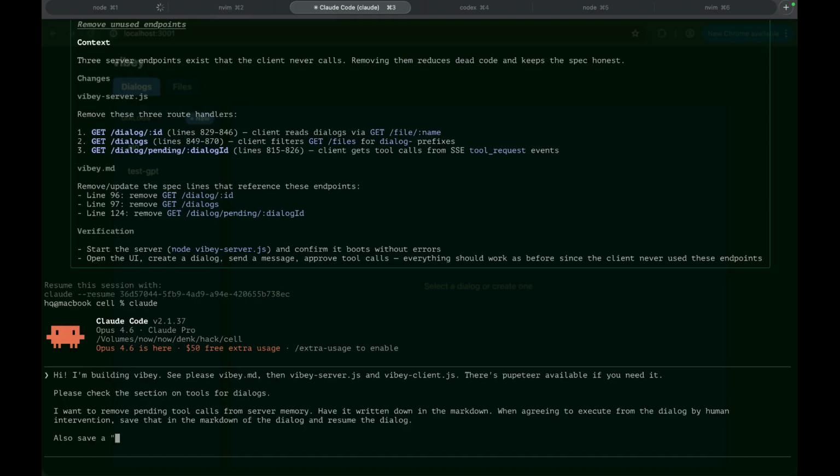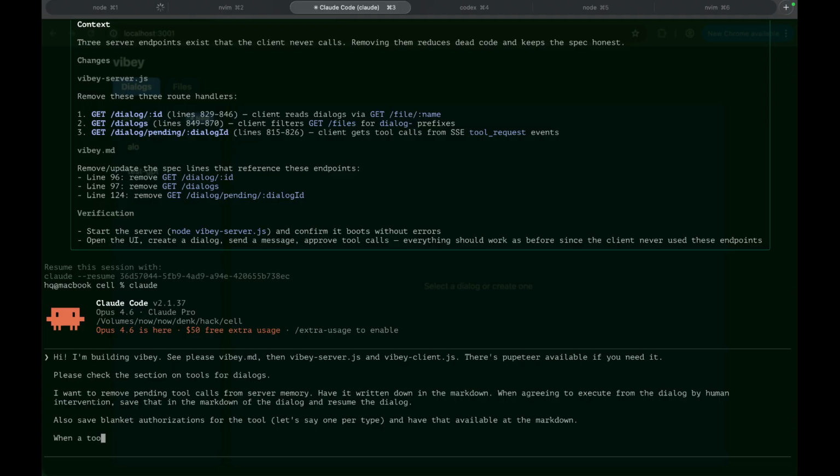Also save, you can do blanket authorizations for the tool. Let's say one per type. And have that available in the markdown.